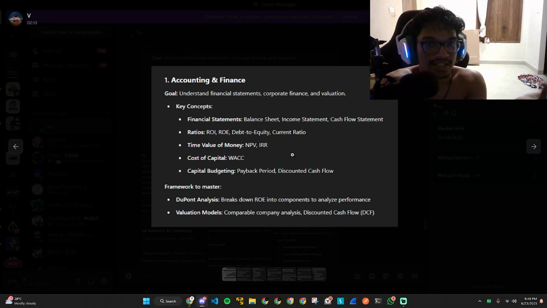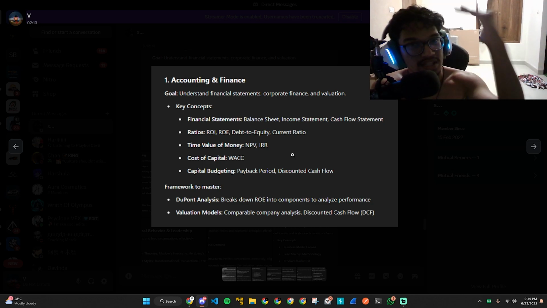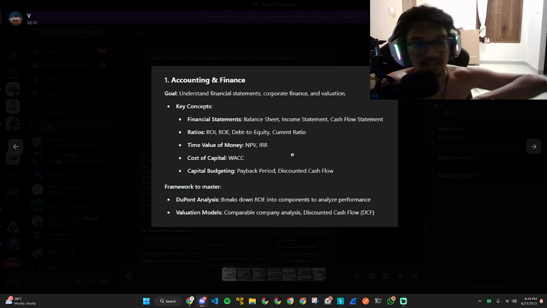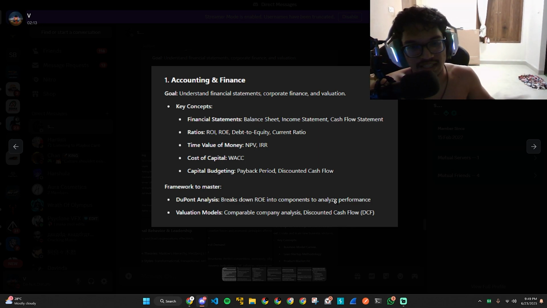So balance sheet, income sheet, accounts payable, receivable, and we have the comparable analysis and the precedent transaction analysis sheet. And we have the discounted cash flow, which is 1 plus R to the power N over the cash flow of the different years. It goes to a discounted cash flow at the end of the day. So return on equity, discounted cash flow, comparable analysis right here, precedent transaction analysis.